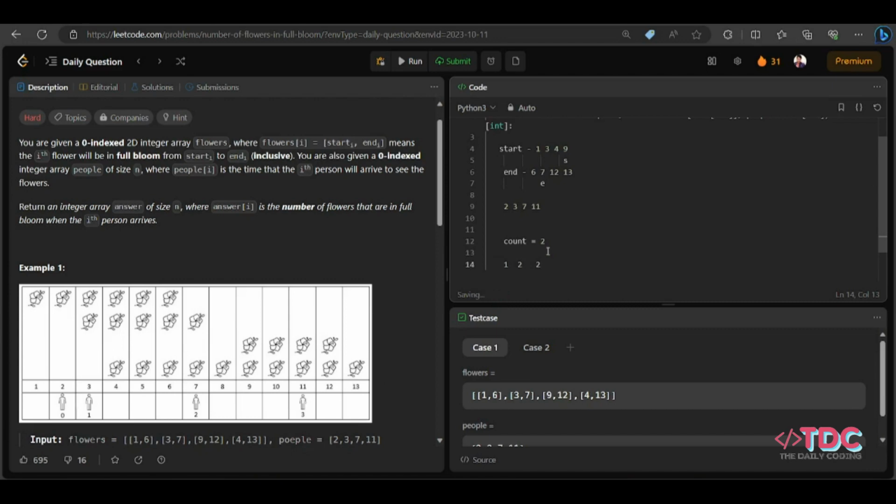Now what will be our next? The fourth person arrived at 11, right? So I will check, is 9 less than or equal to 11? Yes, the flower has already bloomed. I will increase my count by 1, and now I will check, is 7 less than 11? Now I will check the end, whether any flower died or not. Yes, this flower has already died because 7 is less than 11. So I reduce my count by 1, it's 2, and now I increment this end